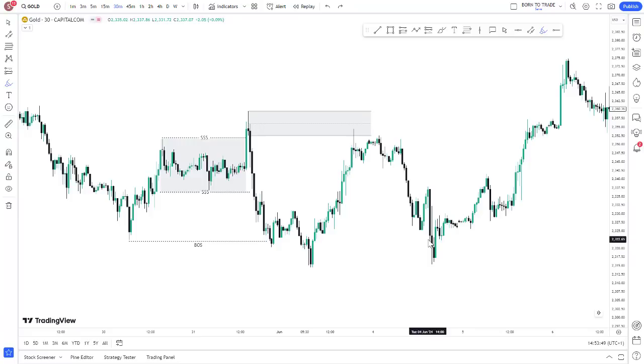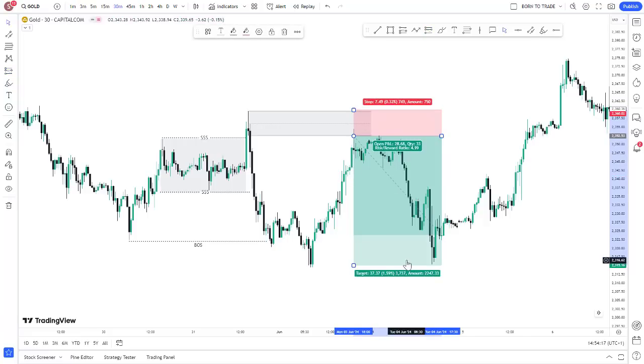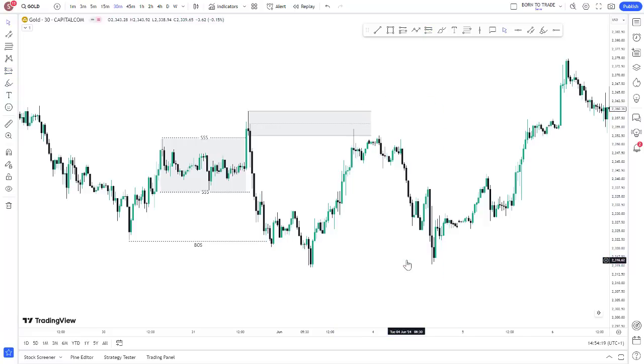And this is a trade that we caught. Personally I didn't take this trade, but some of the students in our community caught this trade because the analysis was shared last weekend and they made money from this particular setup. And you see, after the mitigation, we had the distribution to the downside. And if you try to take this trade, how many risk to reward would you make? Let's see, almost 1:5. Okay, almost 1:5 RR.